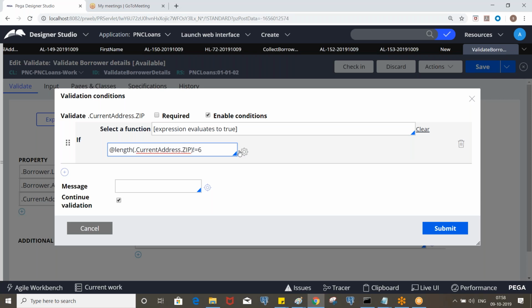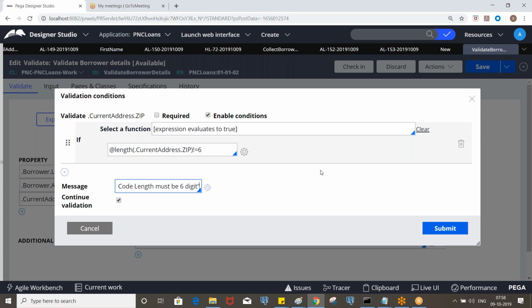That's the reason we need to configure the client side validation. We have a function, so in some places, if you just want to check the length, you can use this function. Otherwise, zip code length must be 6 digit.